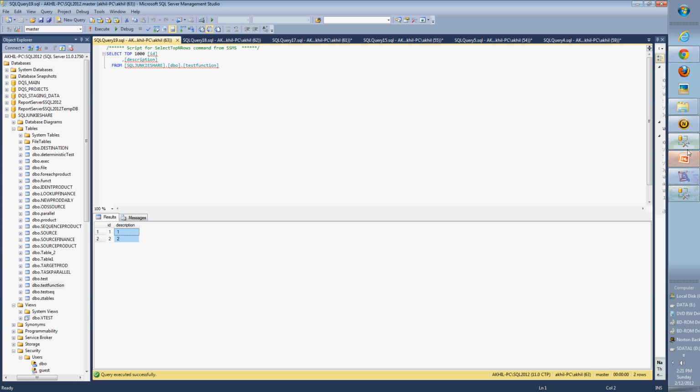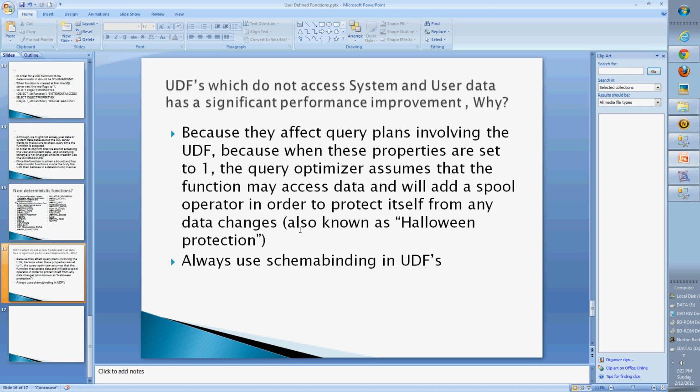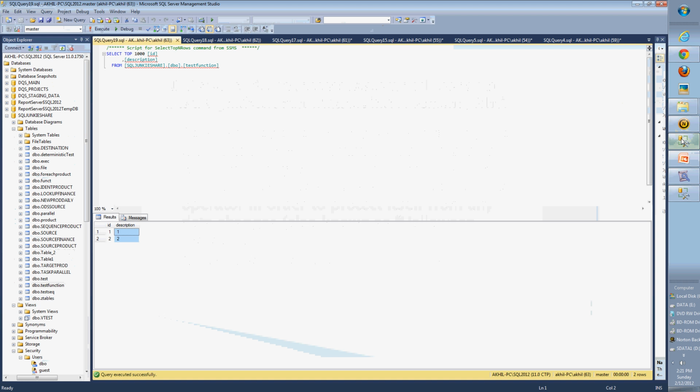So we learned, now you can see here this scalar function here. What we will do is